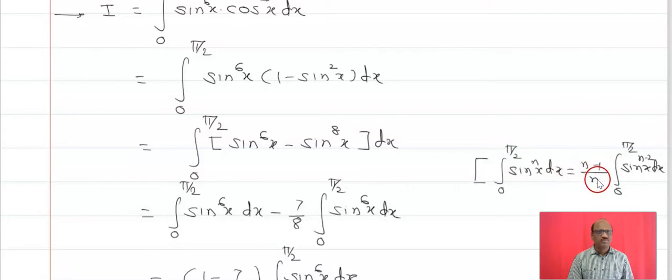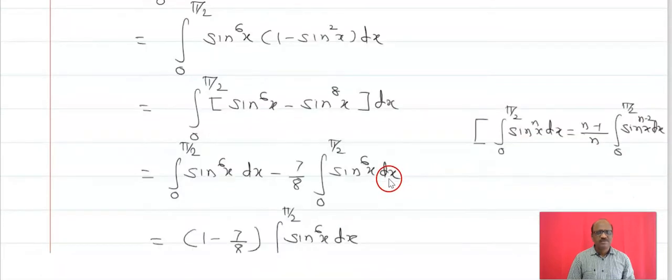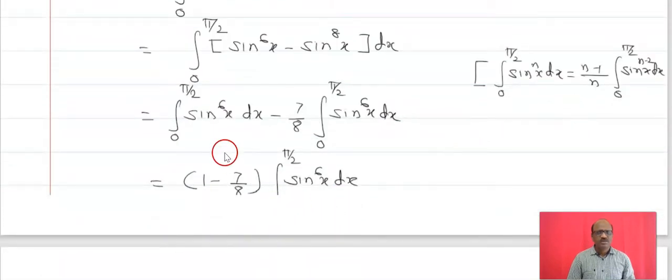And then you will get integral 0 to pi by 2 sin of x raised to n dx is equal to n minus 1 upon n. Now again I will repeat this. That is the integral 0 to pi by 2 sin of x raised to n dx is equal to n minus 1 upon n, integral 0 to pi by 2 sin of x raised to n minus 2 dx. And in this way, if we follow this formula,